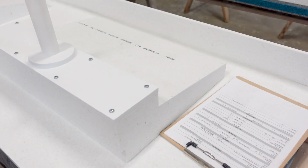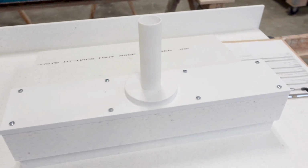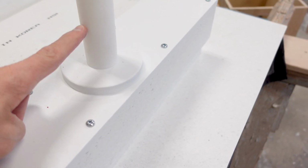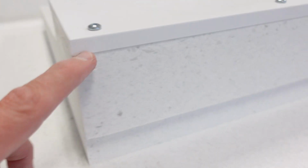Let me take you over here. Here's a finished ramp sink. You can see the way it's mechanically fastened. The drain pipe is the flange that I make, the drain pipe. These are the mechanical fasteners. You can't see the silicone, but